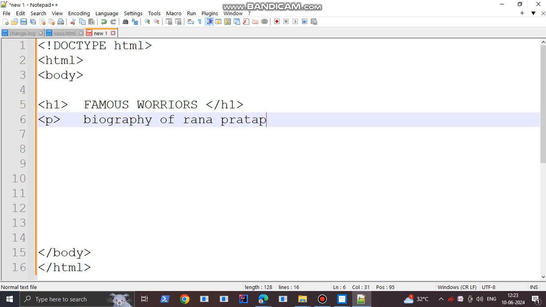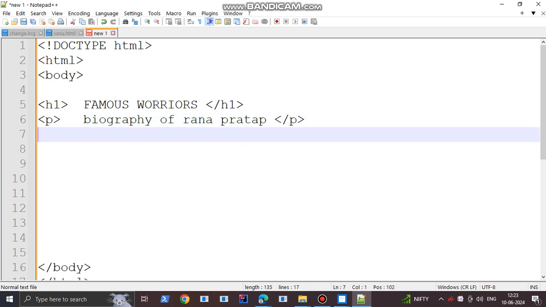Next, end with the end tag. Now your header and paragraph are defined. Now if you want to keep any style in HTML, we use the style attribute, for example color.